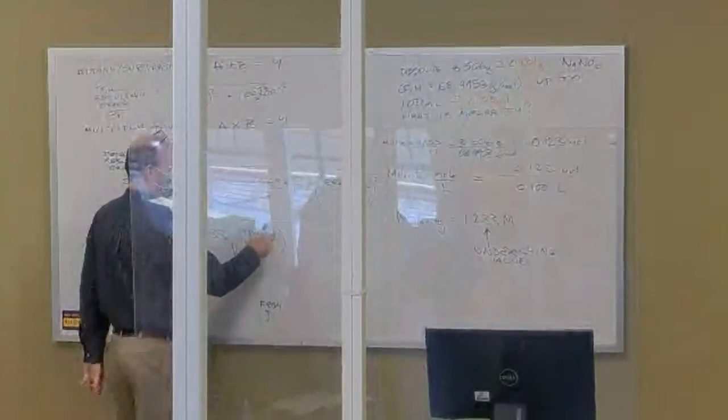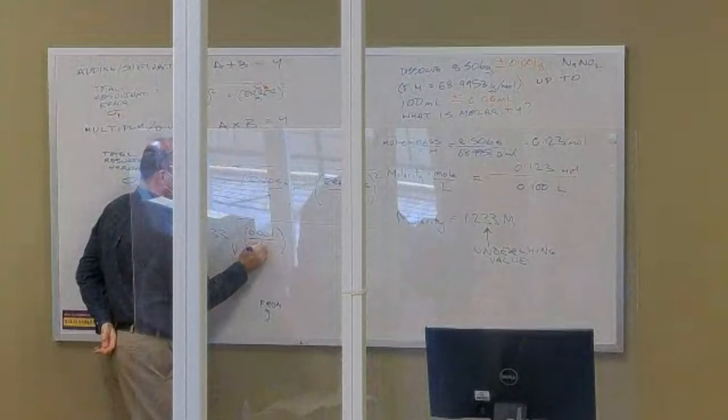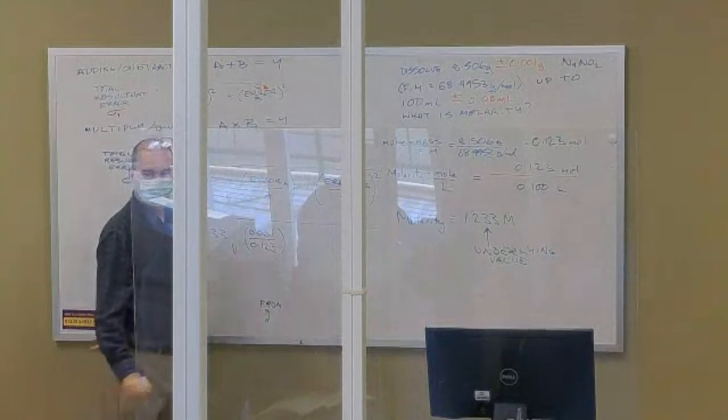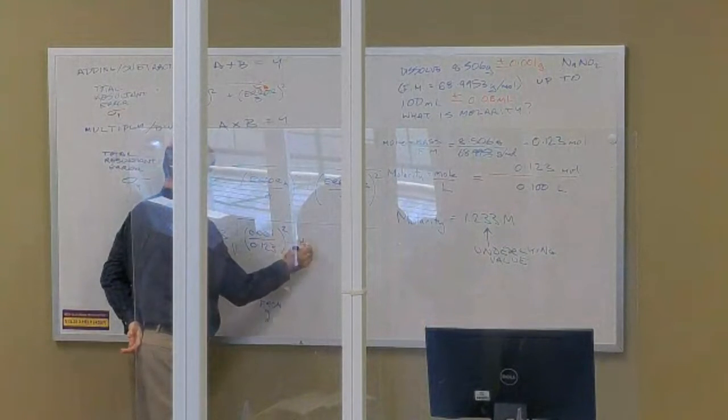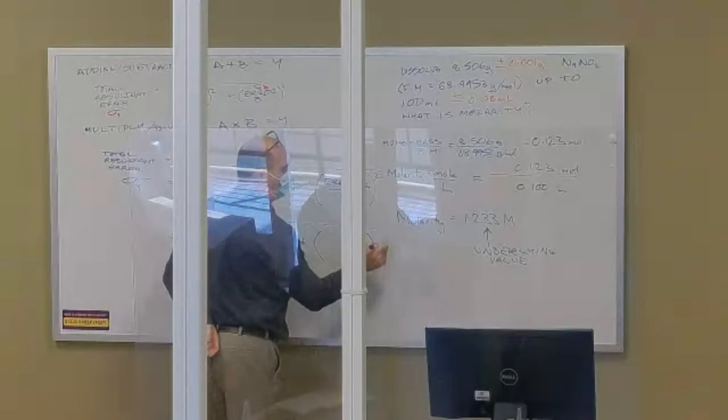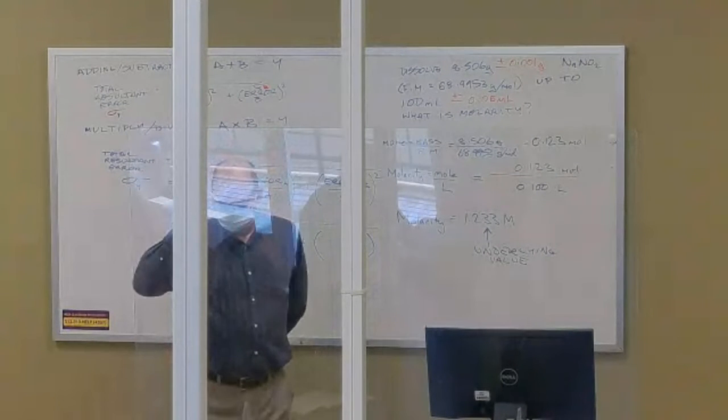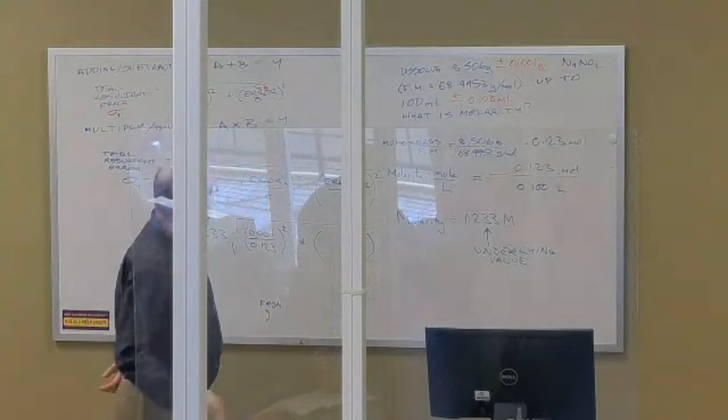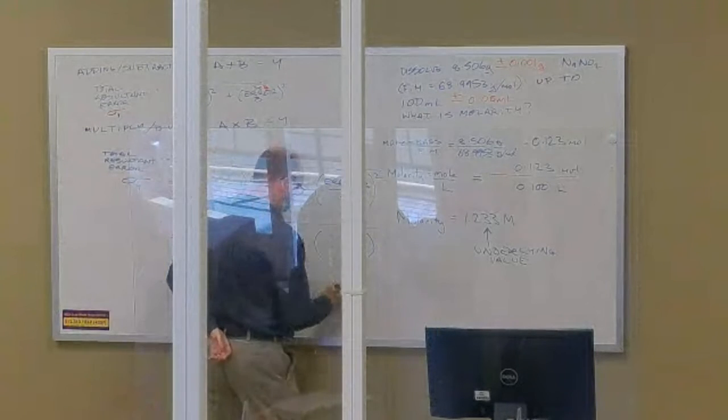So I'm going to take this error and divide it by that number, and then square it. And I'm going to take the volume